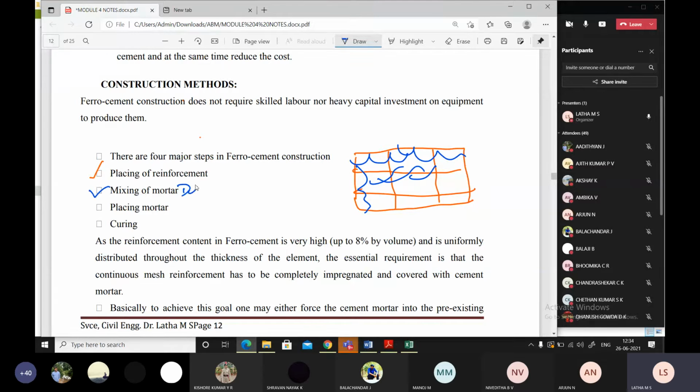First, he made a dry mix. Correct? A dry mix of cement and sand. A fine sand he used. He mixed and completely blended them together to get a uniform, homogeneous mix. Then the required quantity of water was added, based on the value of the water cement ratio.